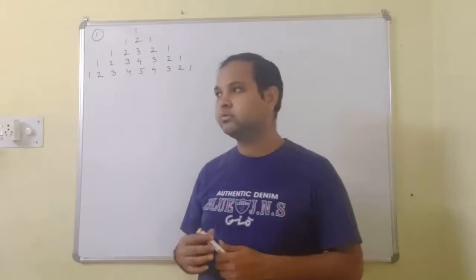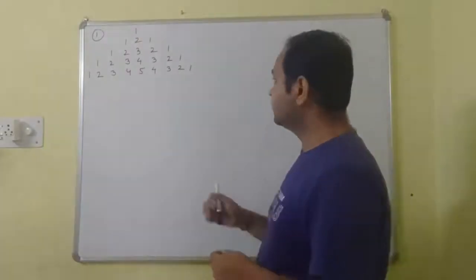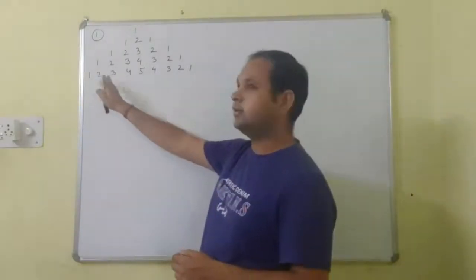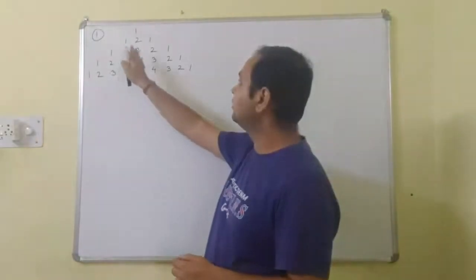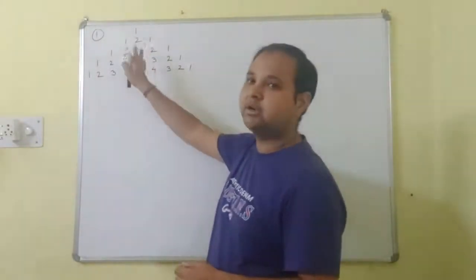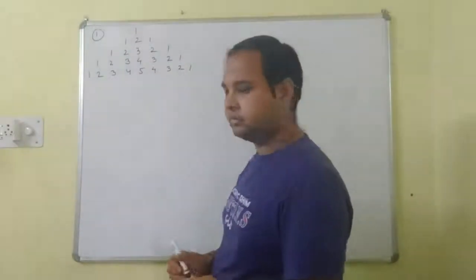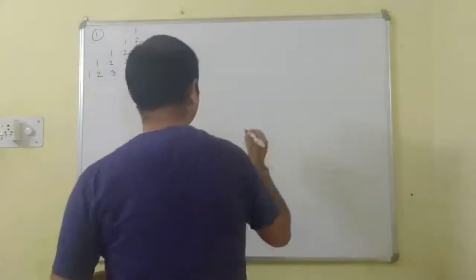Okay. So the program will go like this. First we will increase the value from 1 to 5, and after that we decrease. Okay. So writing the program,